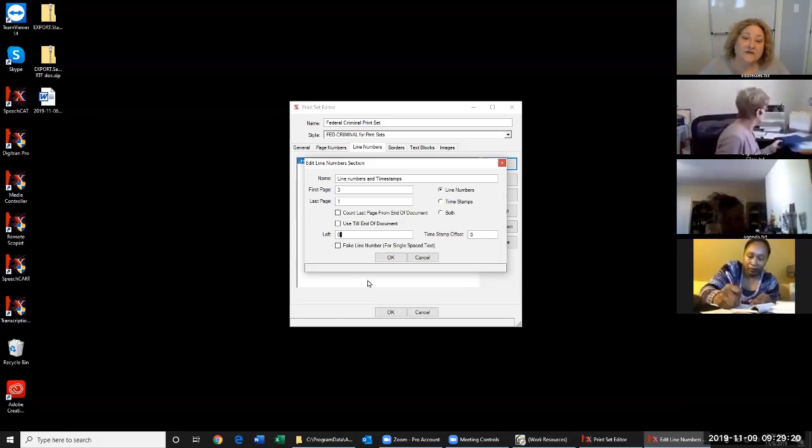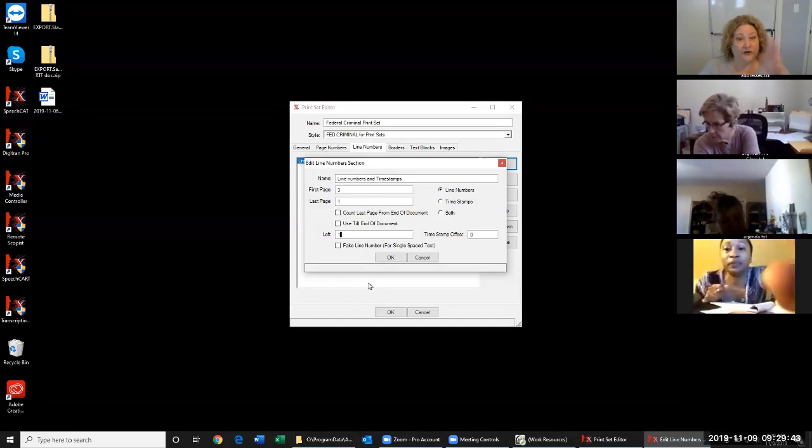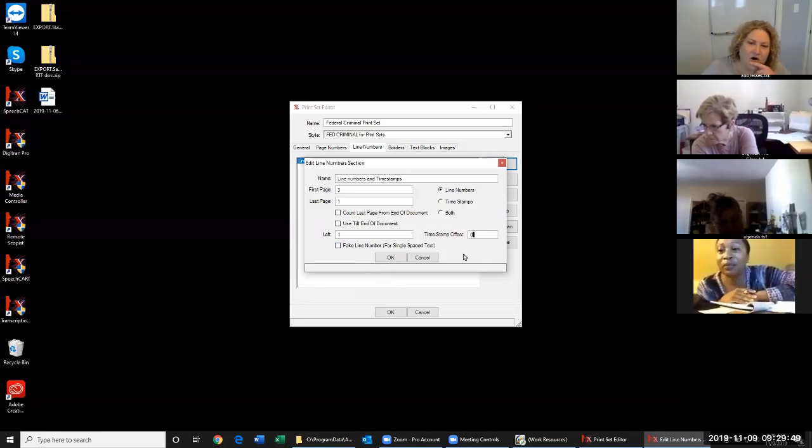So we would literally be starting here from 1 at left, because that's the only available number. We only have 1 space left if our margin is 2. So it would start very much on the edge. And the timestamp offset,